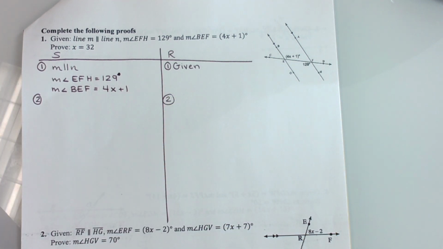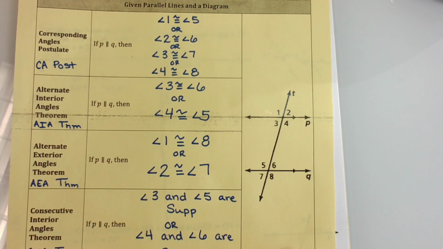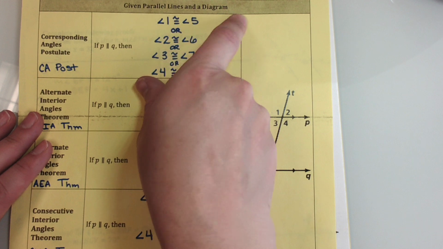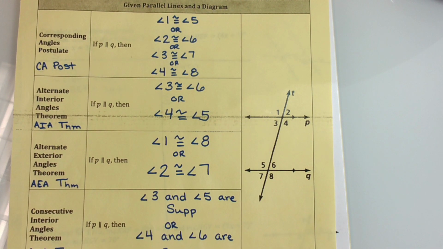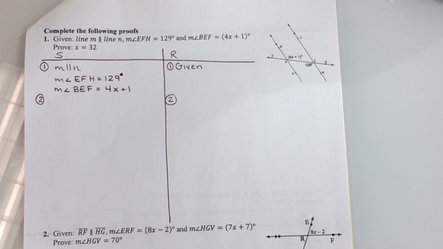So, this is a newer one to our proofs. We haven't come across the parallel symbol yet because the parallel symbol wasn't anywhere on the orange sheet. But it is on the yellow one. We have an entire section of our yellow postulate sheet that talks about given parallel lines. But it also says and a diagram, because to figure out which of these 4 postulates or theorems that you need to use when you come across parallel, you have to use the diagram to ask yourself, what angles am I talking about? Angle